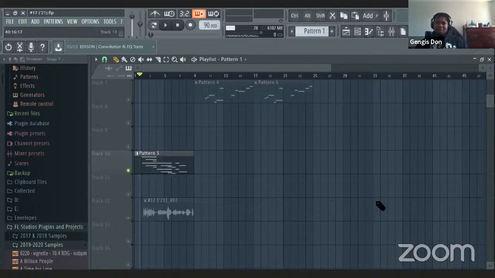Seth, what you did with the rain, I love to add textures on top of my music too, because it fills the silence sometimes, and it can accent either the drums or the melody, or just adds to the vibe of the music altogether, because sometimes when you have silence in between stuff, it doesn't hit as well. So what I did was I added some keys on top of it. They're just light touches, light taps, you know?